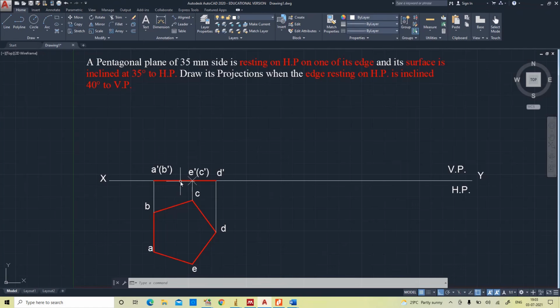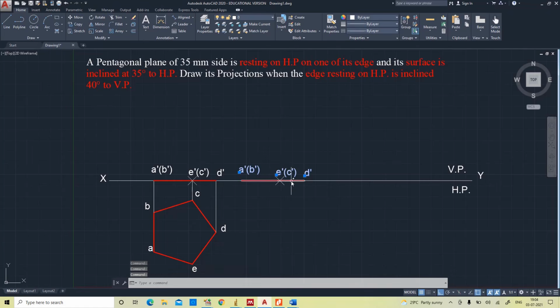So now I am copying this front view line along with the point. When this plane is tilted, the same front view doesn't change any dimension. There will be no change in dimensions. Just this front view will get tilted 35 degrees. So that's what we are going to do now.